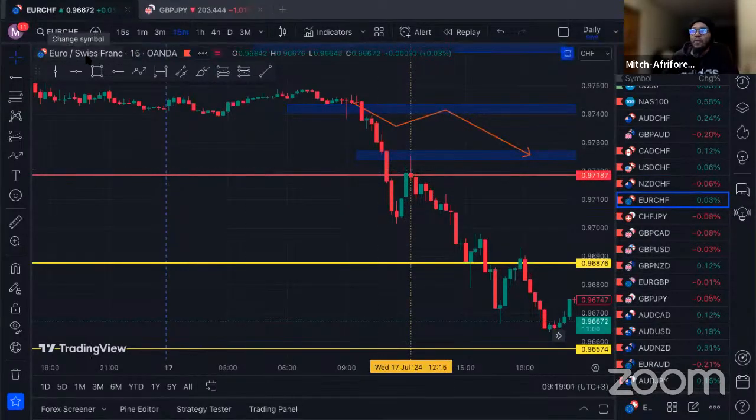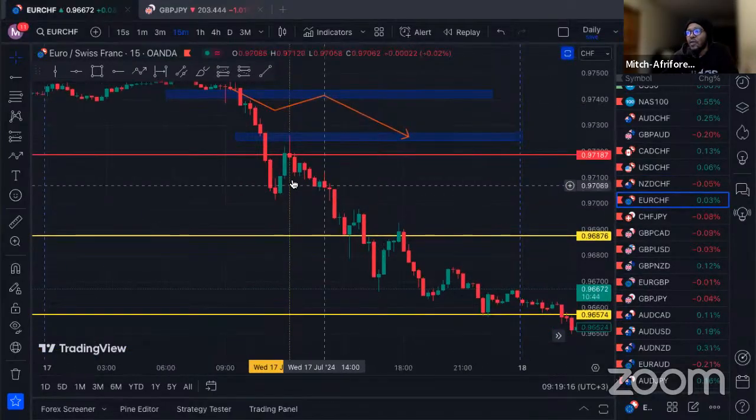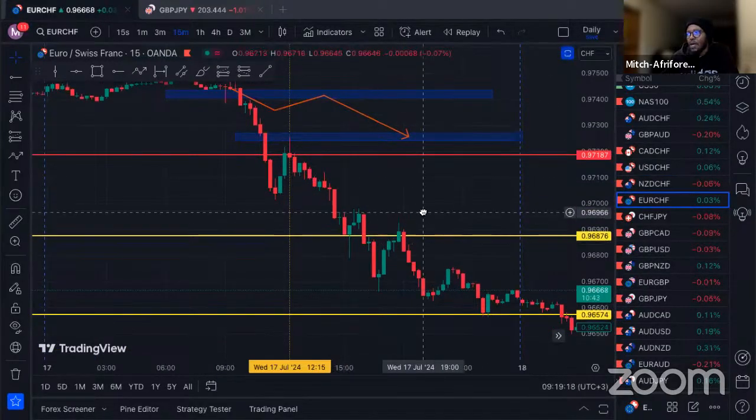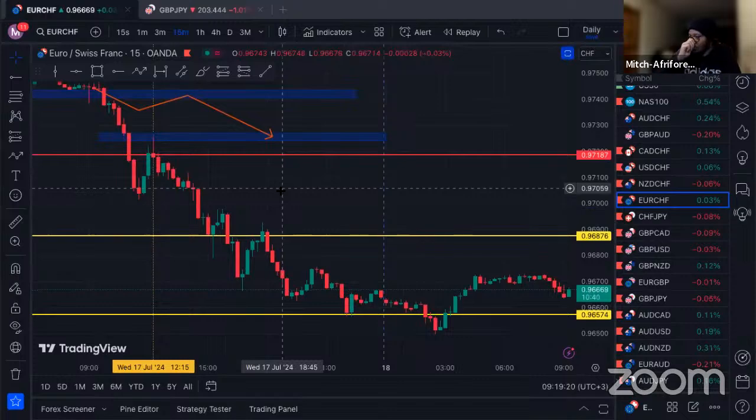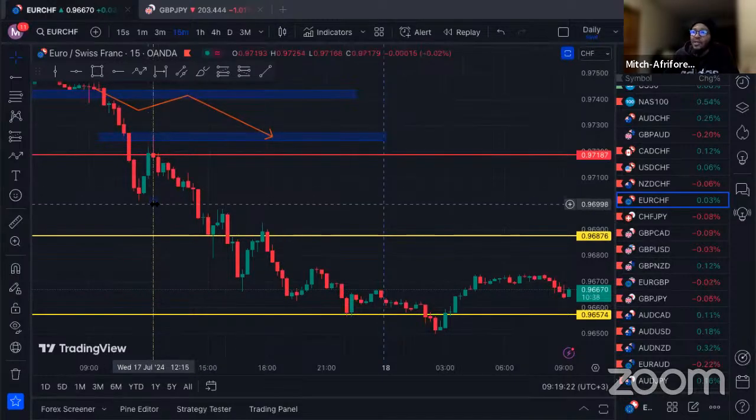So remember, we're dealing with both the euro and the Swiss franc. And remember also pointing out that when there are fundamentals coming out, yesterday we did have some euro news coming up at 12 o'clock. That's possibly the reason why you can see the market did end up taking off, at least giving us that pullback and managing to continue going to the downside throughout the London session, as well as during the US